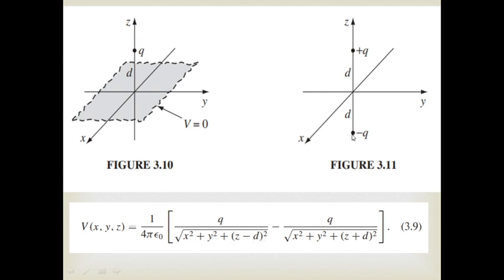Similarly, the other charge is also contributing potential at that particular point. Again, that is going to be x minus 0, y minus 0, and z plus d, which gives the coordinates of the differential vector r minus r2, and hence the distance is going to be under root x square plus y square plus z plus d whole square. So, this is the solution of the potential in the region of interest, z is greater than or equal to 0.